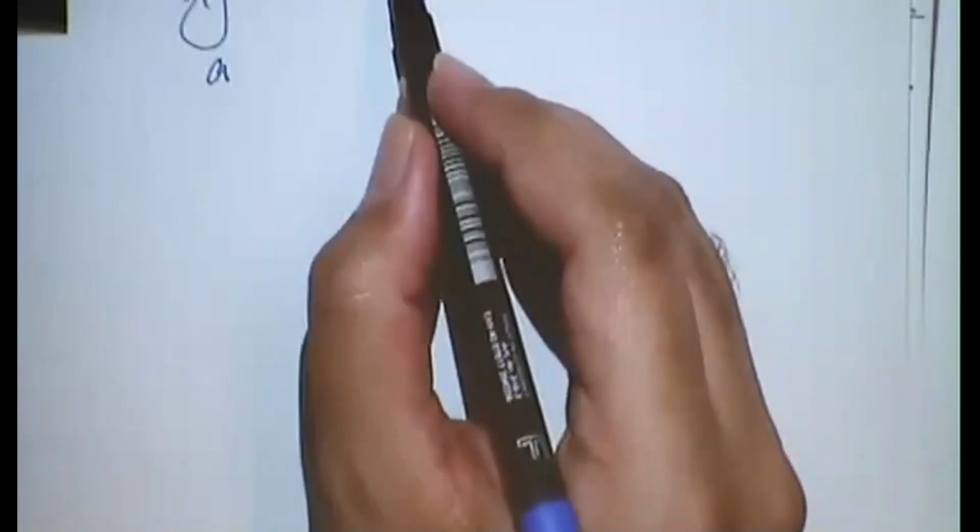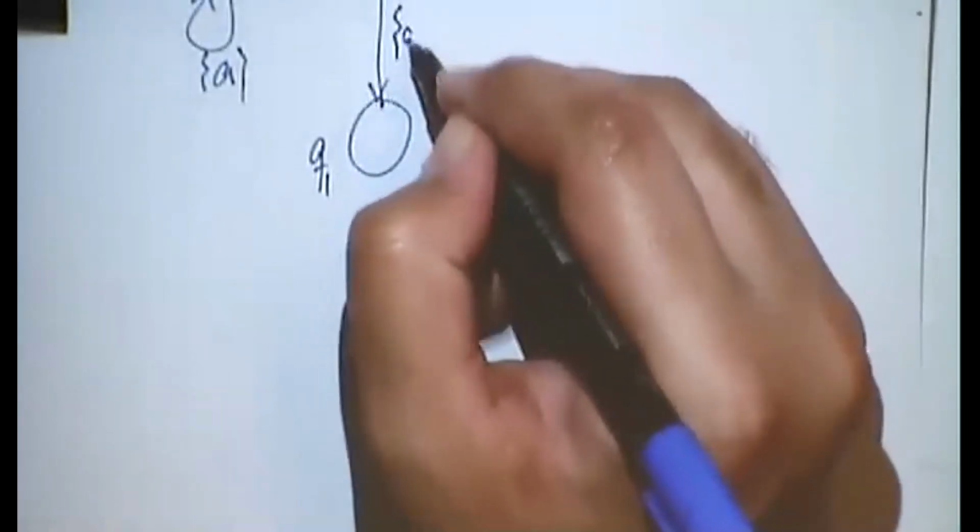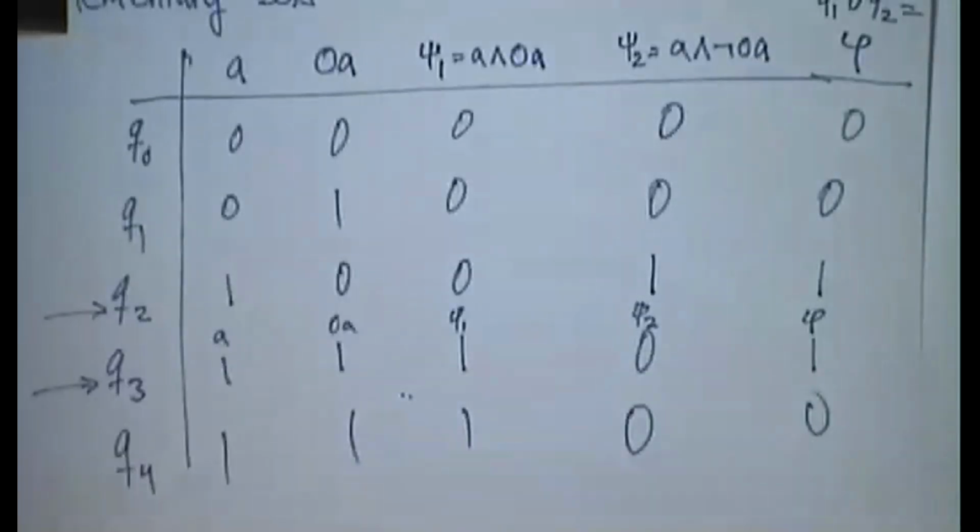So from Q2, I can go to Q0. Let's label A again. Or I can go to Q1 with label A. Okay, and we just continue like this and do this for all of our